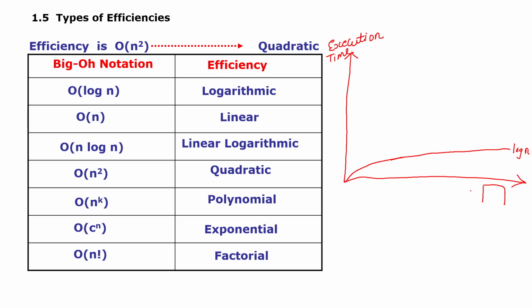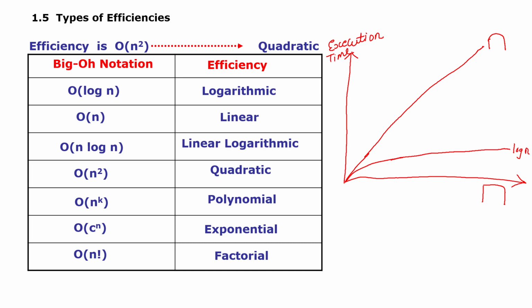And this has a very big meaning, which I'll tell you in some time. Now I will plot a graph of linear. So how will the graph of linear look? Very simple. The graph of linear will be a straight line at an angle of 45 degrees with the x and the y axis. Okay. So this is the graph of linear. This is at an angle of 45 degrees with the x and the y axis.